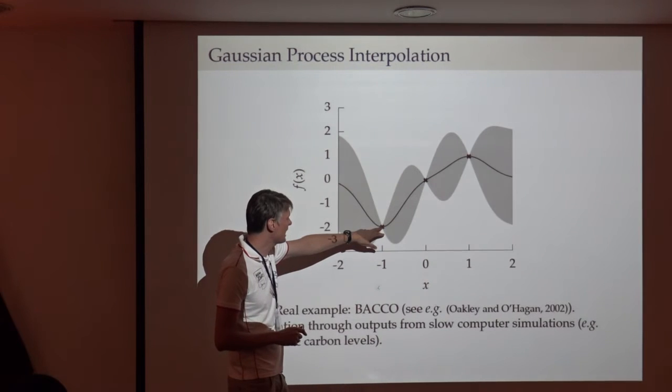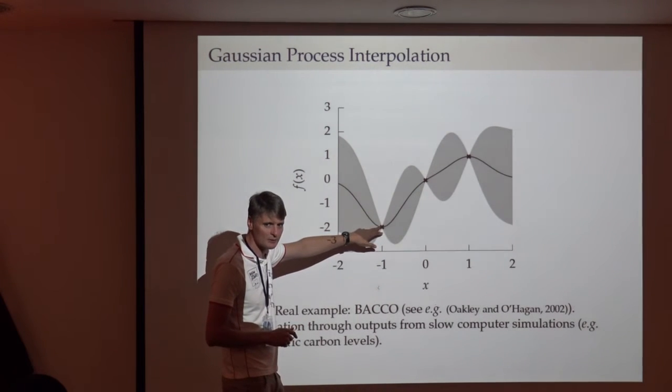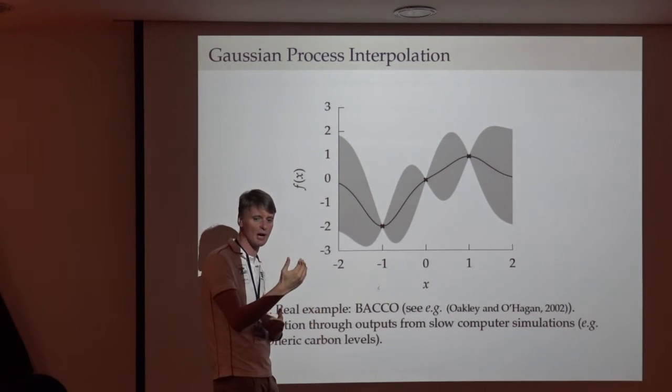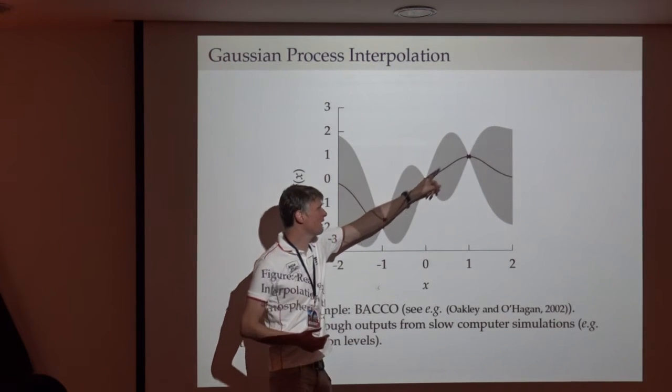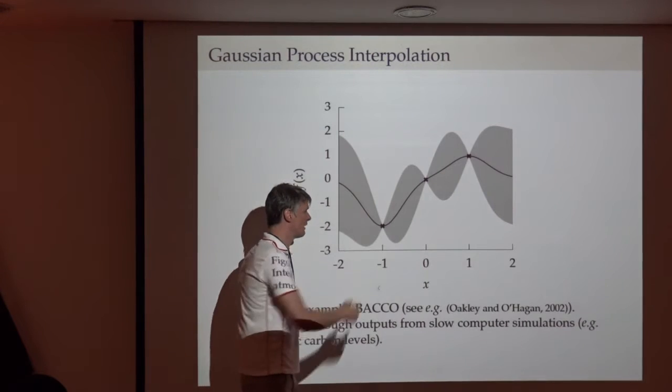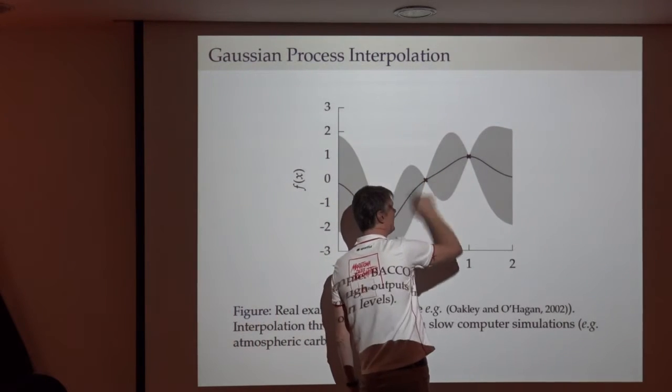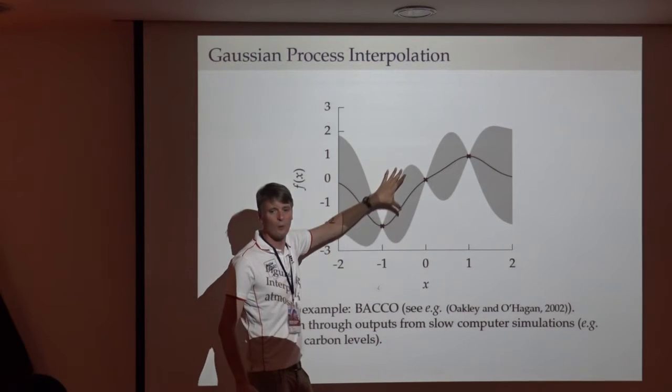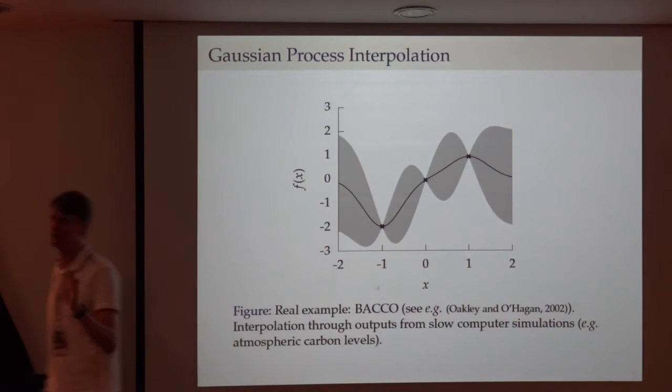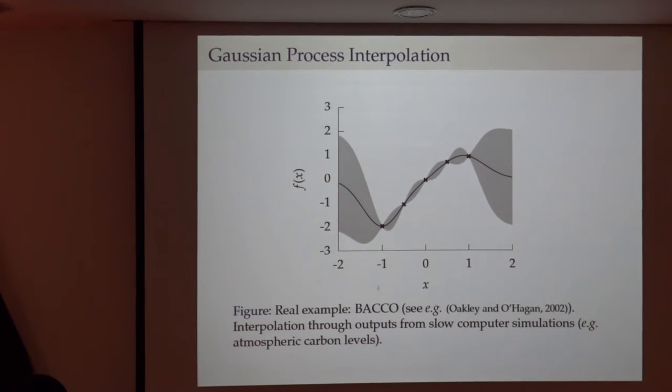So this is the temperature I get, but it's a simulation, there's no noise. I want my simulation to reconstruct that. What I want to know is if I've got two other observations, so I then also run my model here and I run my model here. Where do I expect things to be in between? Well, there's uncertainty associated with that, even though there's no noise in the system. There's uncertainty with what the simulation will do. It's a particular type of uncertainty. There's no stochasticity in the system at all, but I'm still uncertain. And this is an area known as surrogate modeling, which is one of the things we'll focus on in the GPSS. So if I add more data points, interspersing the original,